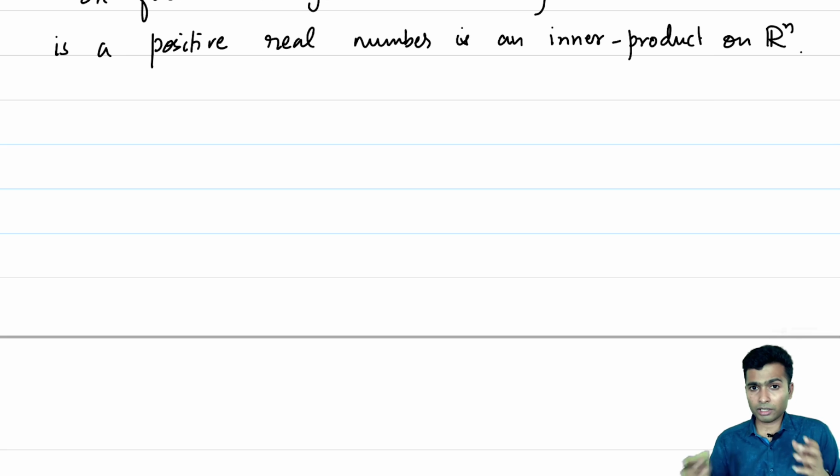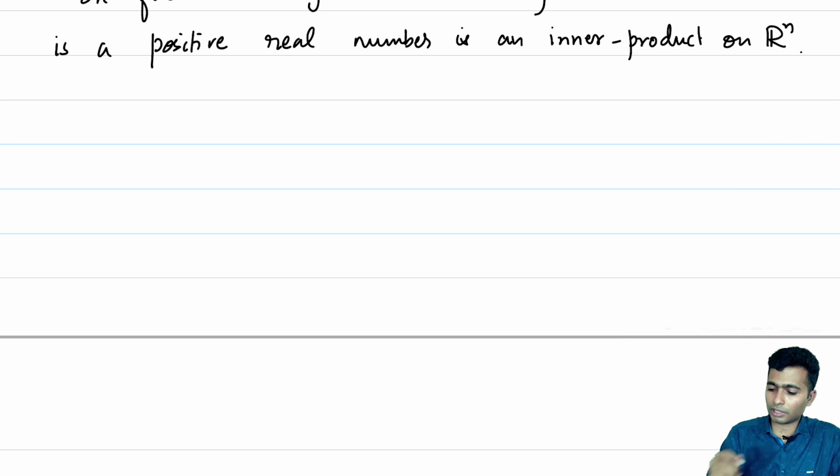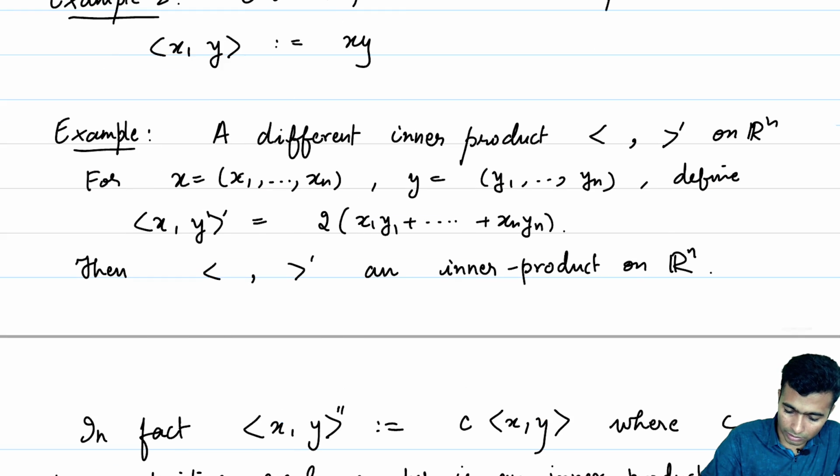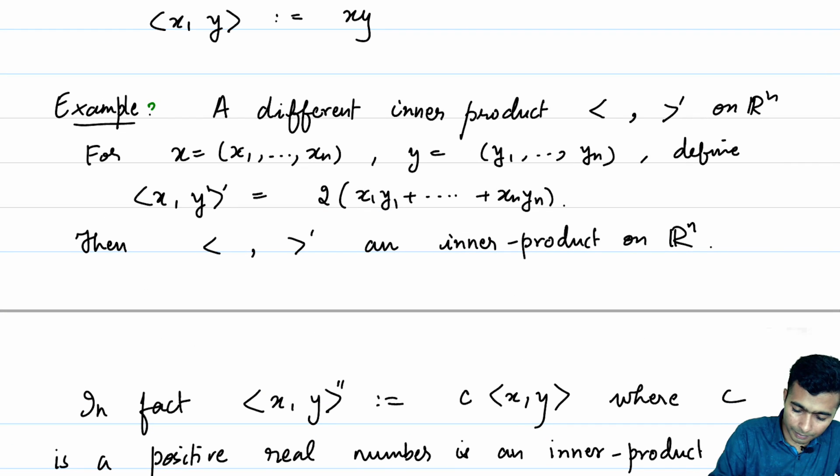However, it is analogous with the idea of a basis, maybe. If you look at Rn, we have a standard basis, but that's not the unique basis which we can have on Rn. There could be uncountably many of them. Similarly, we could talk about many inner products on Rn itself. But yes, one of them is particularly handy to use, and that we will call the standard inner product. Okay, so let's look at other examples. This is example 3.